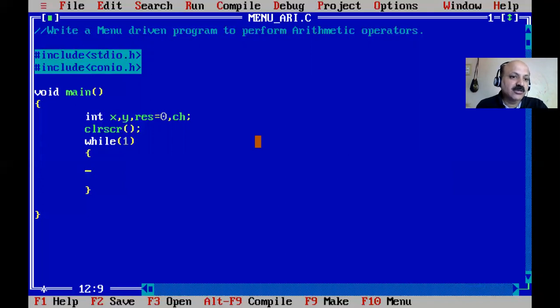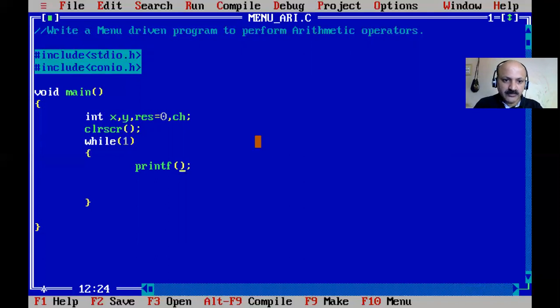For that action, we can use the exit function in C language. So let us start our menu and we can understand what the use of the exit function in C language is. And also we can use the delay function. So there are two important things in a menu driven program, that is using these two functions.